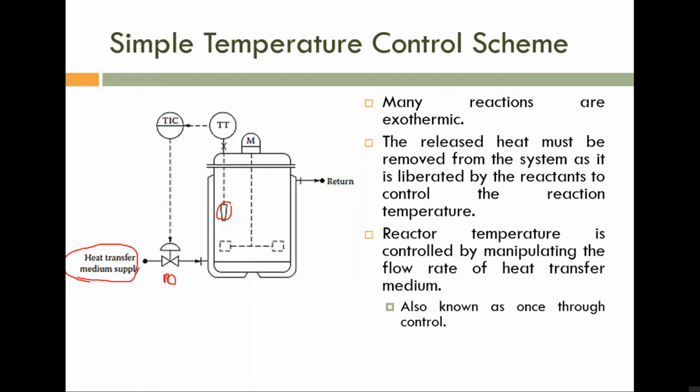So what does normally open mean? We have maximum flow rate. If this control valve is normally open, we have maximum flow rate. If this is an electrical signal, and there is no control signal, or you are giving a low control signal, that is 4 milliampere, then the valve is normally open. If you are giving a control signal, this valve will be closed. So at 4 milliampere the valve is open.